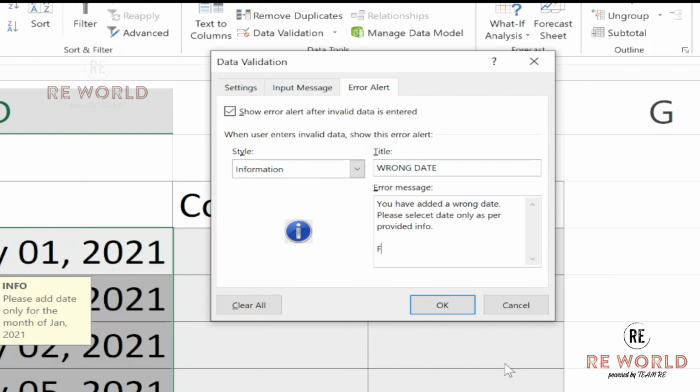Okay, for more assistance, please contact RE World. You can mention your email, your phone number, your name, right?